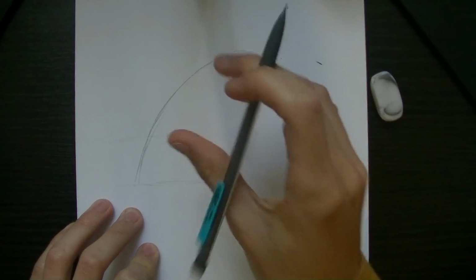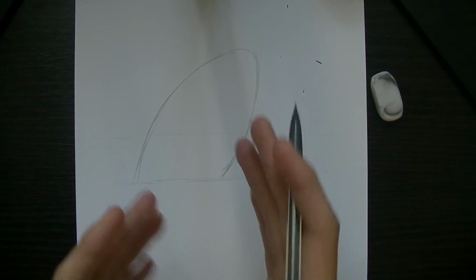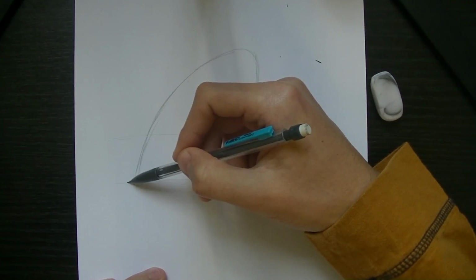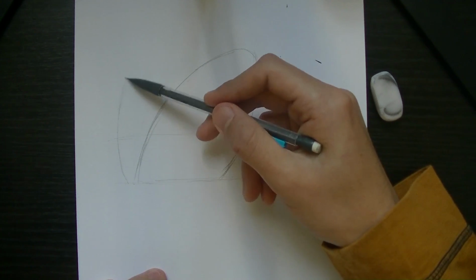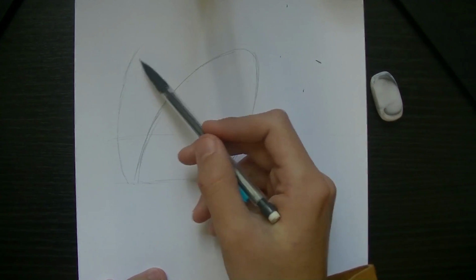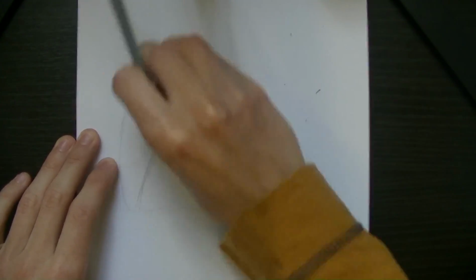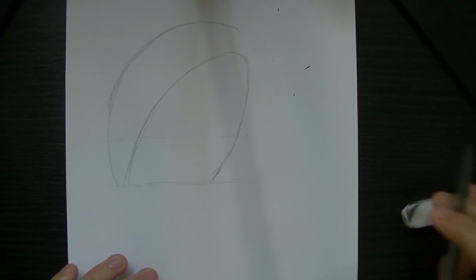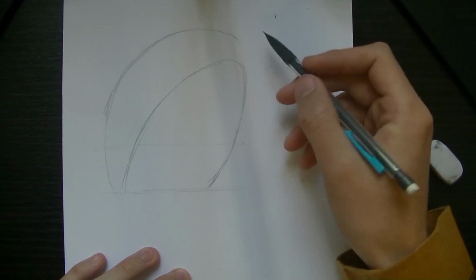Okay, so the inside of the top shell is pretty thin. Actually, the inside of both shells are, from the perspective we're looking at, it looks pretty narrow. So that's just the inner side of the shell. So we're gonna have the outer shell coming out here. It gets pretty lumpy at the top, so make a fairly big dome up here. Like so. And then we'll have this spike, so that will just come out